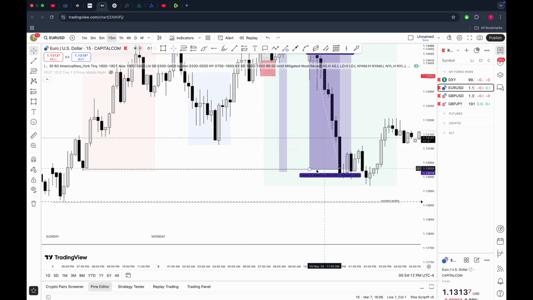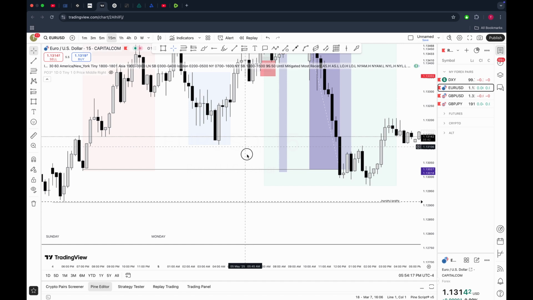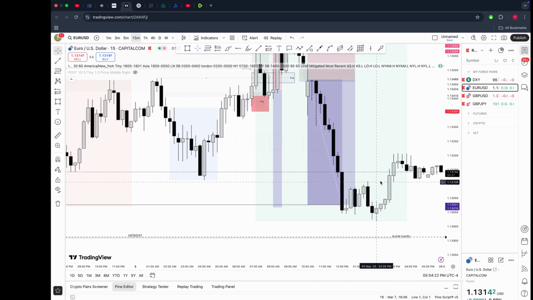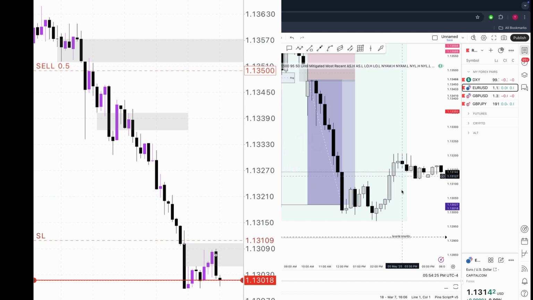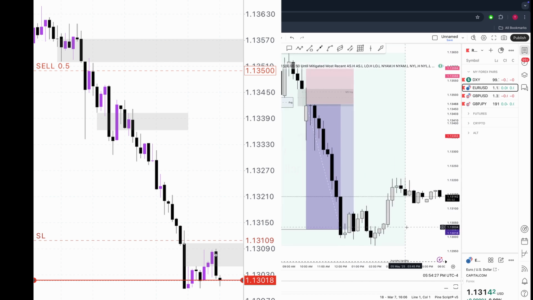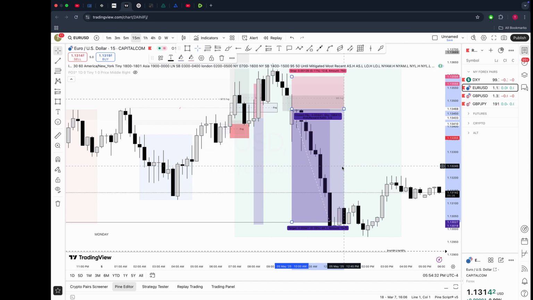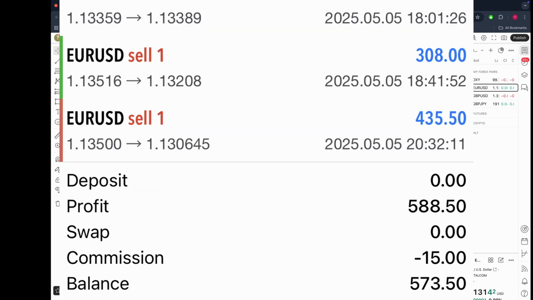This was my first TP and my second TP was around this area, but price started giving us a pullback, so I put my stop loss around this area and price hits that. So that is what happened for today. This is 1:2. Let me make this white. This one is to 3.5. Yeah, that's what I had on the Euro USD. I'll show screenshots for you to see.